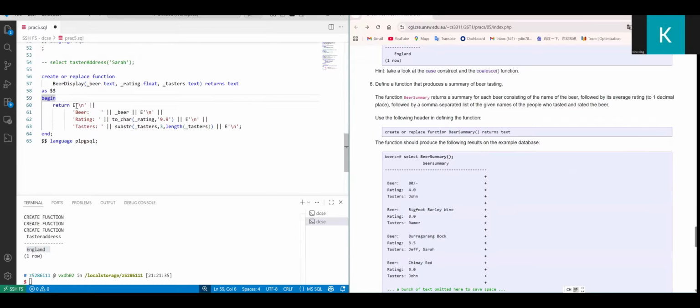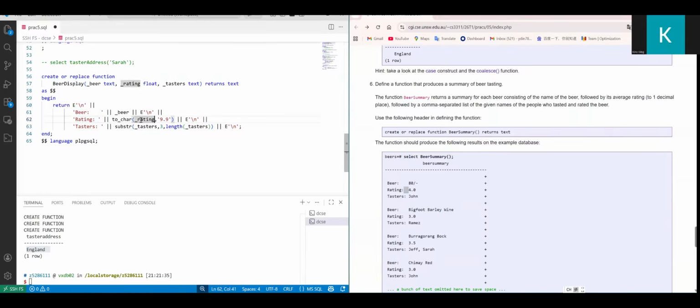The first row is empty, so firstly we give it an empty string and directly change a line, get a new line, followed by "Beer" and some space, then the beer name here, and this means concatenate, and concatenate. Then we change to a new line, then the rating followed by 1 space, by 2 spaces here,